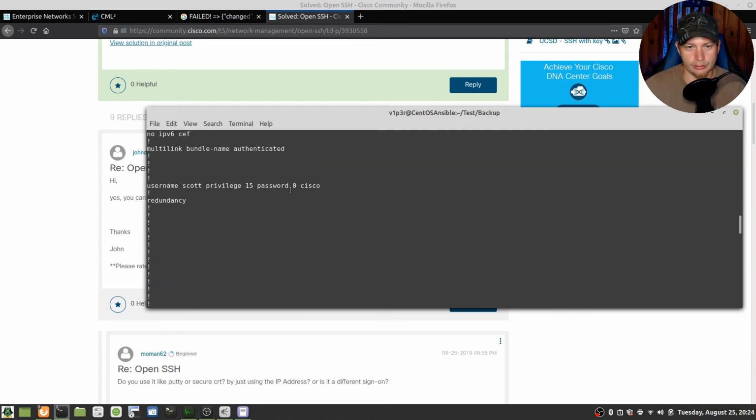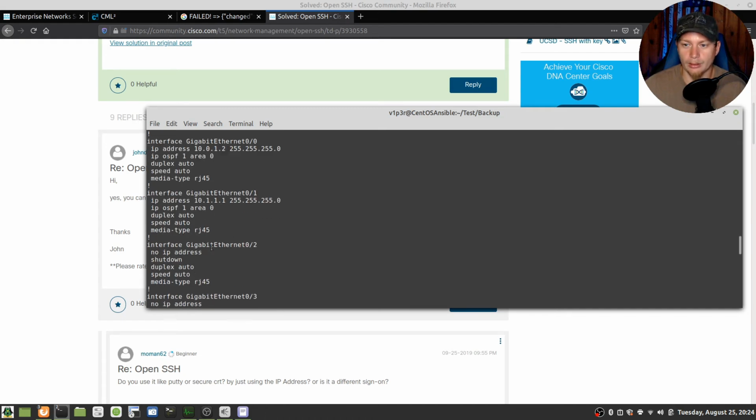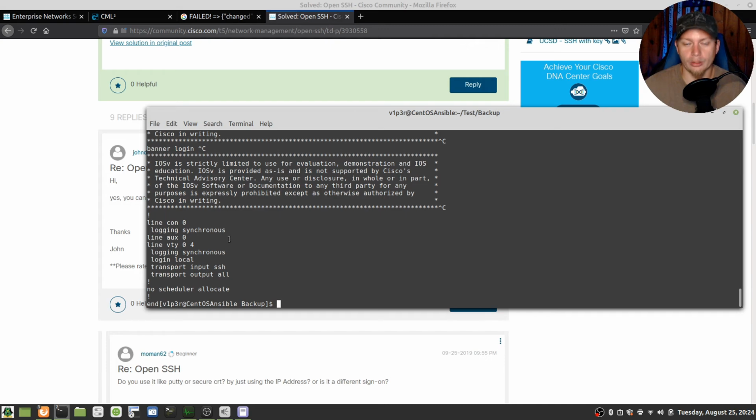I know, no service password encryption. Got the interface configs. Basically, it's the show run that you would get if you ran it on the actual device itself. It's saved to a file, saved to a directory. If you had an SMB directory, say a Windows file share, you can create an SMB path and do the exact same thing there and kind of get in the routine of backing